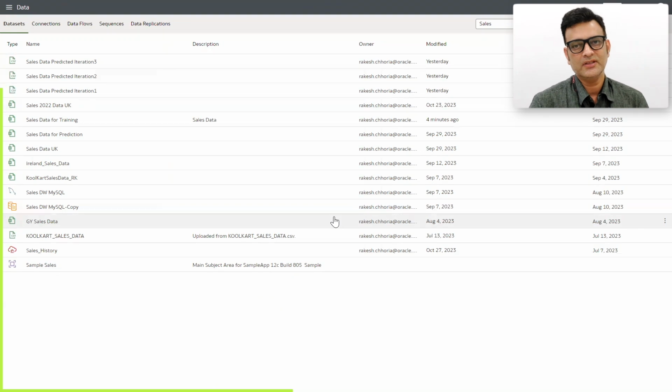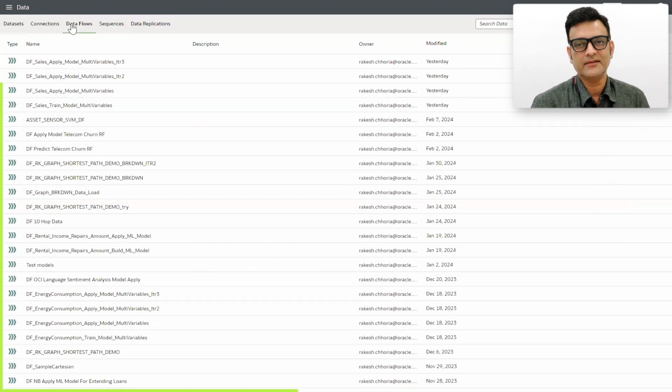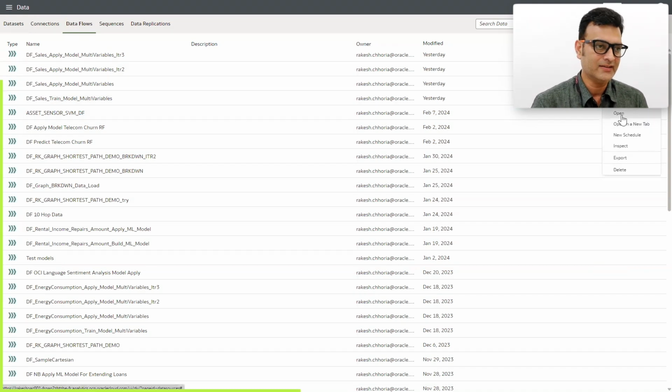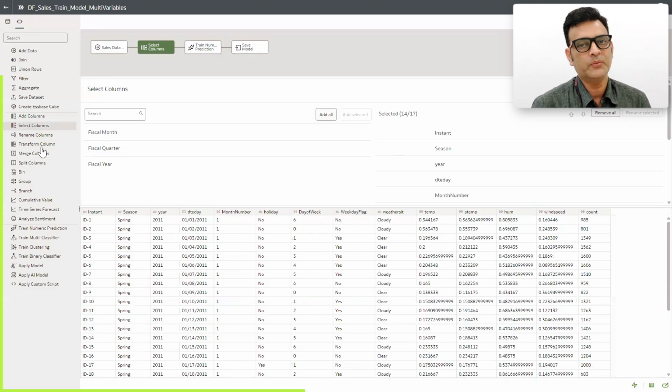What I'll do is I'll use a feature called data flow, and as part of the data flow, I'll use the sales data that I had created for training purpose and then use it and build a machine learning model. So the data that you see here is the same sales data for training. Now here, as users, you can actually have different steps that are available. So again, it's a very easy to use UI where you can drag and drop steps and create your own definitions, transform columns. You can merge, join, group, all of those functions are available. And even you can build machine learning models.